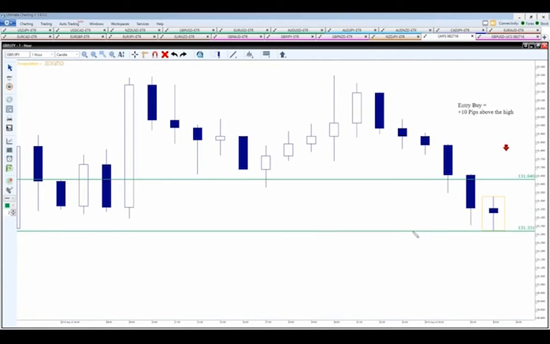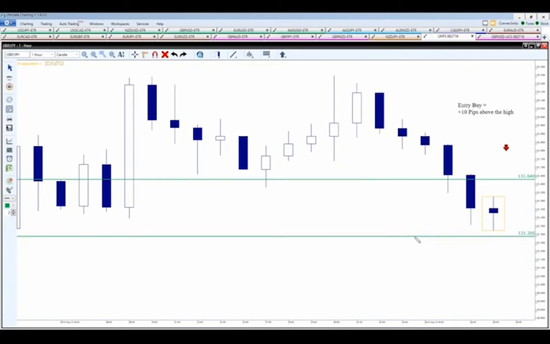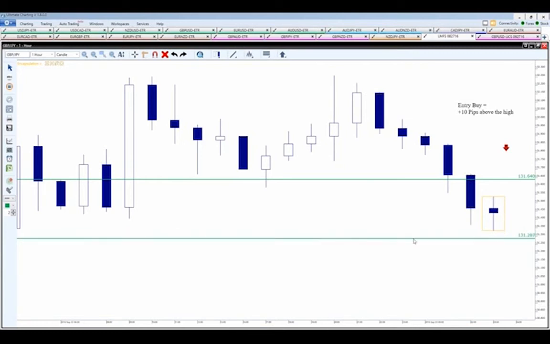And once again, this is just the basics. In that video, he'll go into more detail about this for you. I promise he'll go into more detail, helping you understand this a little bit better. So in this case here, 131.33, set this at 131.28 right there. So that's going to be our entry sell. It's going to be minus 5 pips below the low. Nothing different than what we did on the previous trade. This can help us have that educated opinion as to which direction we believe that directional movement is going to be happening here.